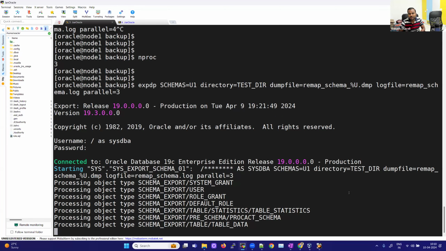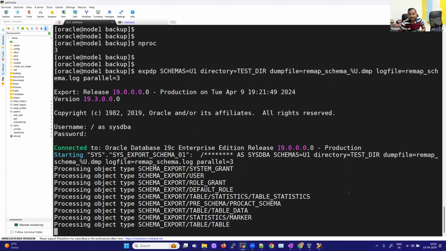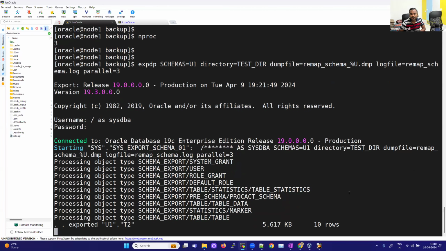So normally what we do in the real-time production environment, we start using 2, we see the performance, then 3, see the performance, 4, just like trial and error. And as soon as you see that the performance is increasing, you can add to the number of parallel. But when you're increasing the number of parallel, it may impact other jobs also. So don't increase it so much that other people will not get the resources. Okay,